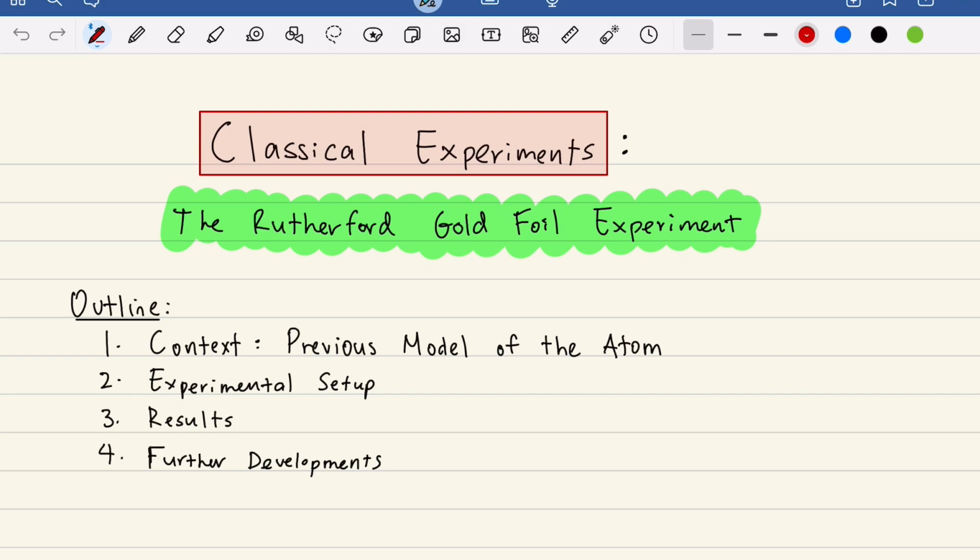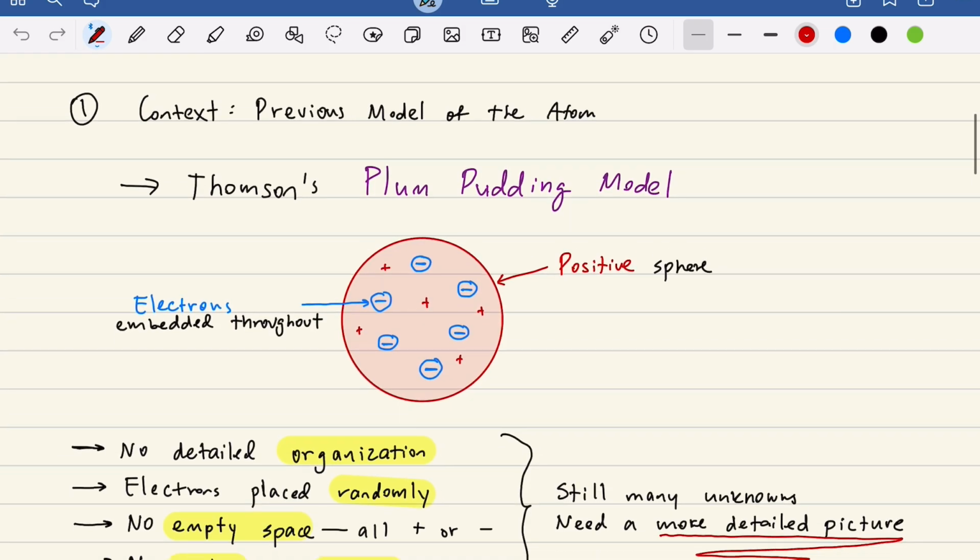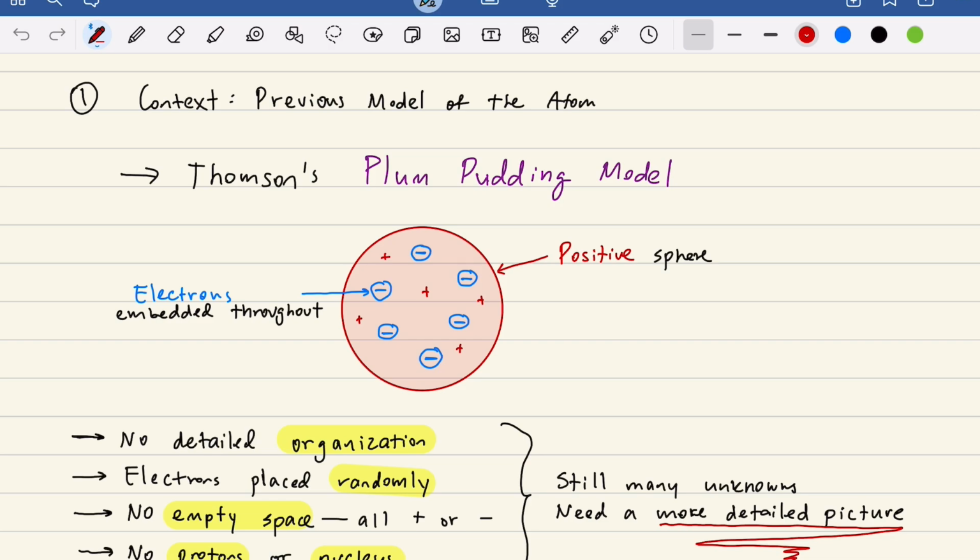And just to give a quick overview, we're first going to go over some of the context for this experiment, then the setup and the theoretical basis behind it. Then we'll talk about the results, what he found, and the further developments since then that have characterized how we view the atom. So, to begin, let's take a quick look at what scientists thought the atom looked like before